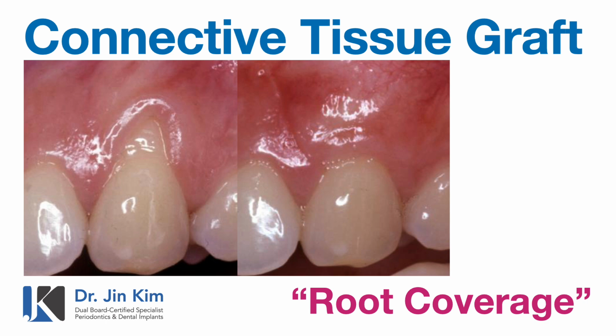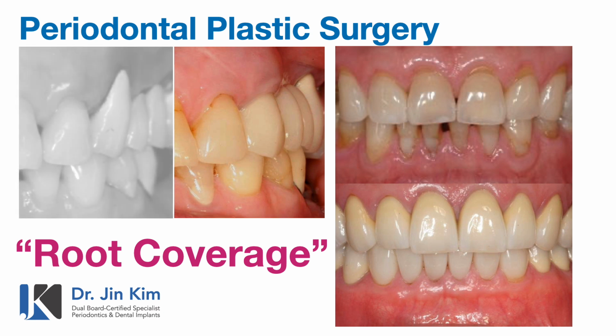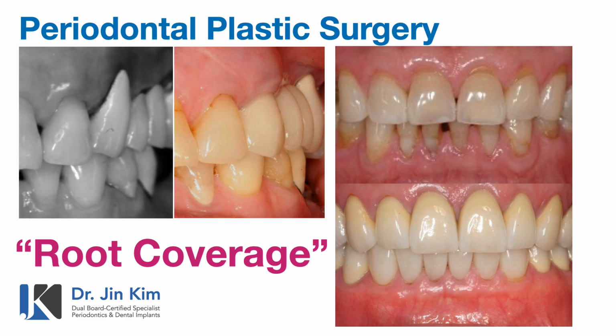Root coverage is one of the main ones. In this example, we have a case where an old bridge that was created on a receded tooth surface was reconstructed with a connective tissue graft. The image on the right side is what's called a pre-prosthetic case where a crown and bridge were done in this gentleman, but soft tissue grafting was done to make the tissue healthy prior to doing